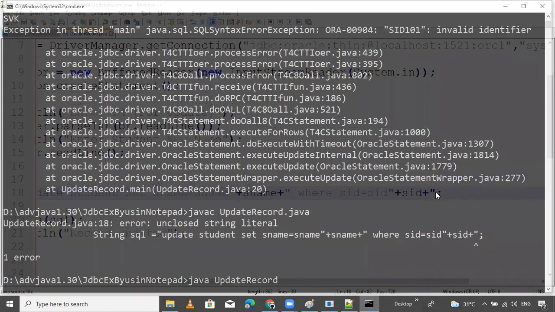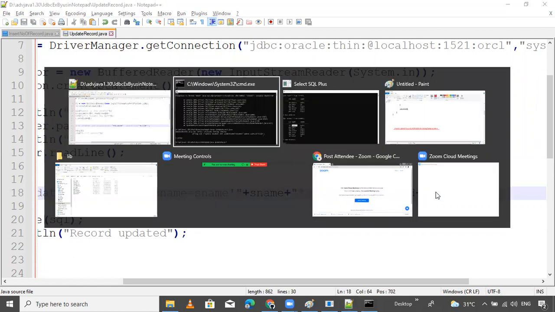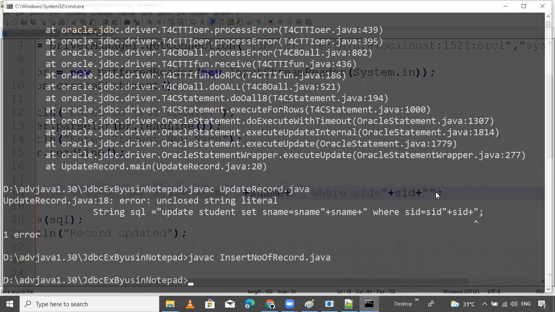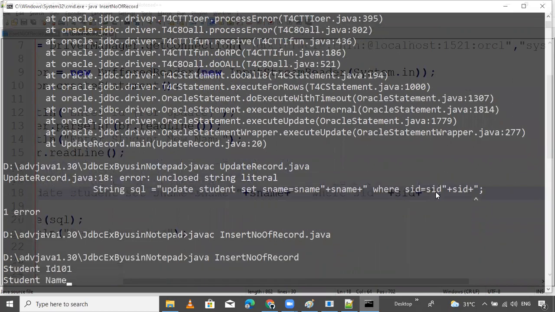Control mistake, yes, this is required. Here a colon is required. Let me check. Compile. Execute, one, I want to update it.